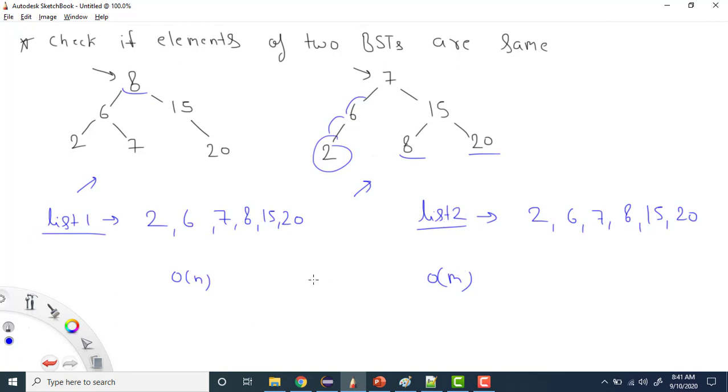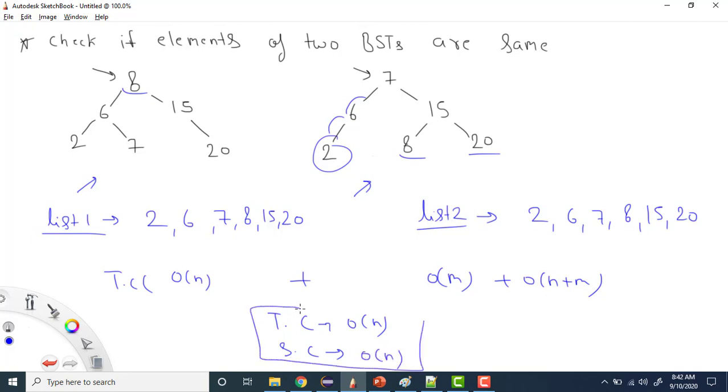So the overall time complexity will be big O of n plus m plus big O of n plus m, which means it is linear. So can I say the time complexity will be big O of n? And about the space complexity, because we are using this list, if there are n plus m elements, the space complexity will be big O of n plus m. So the space complexity is also big O of n, where we need to store all the total elements of this tree and this tree.